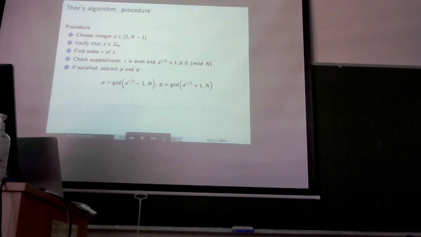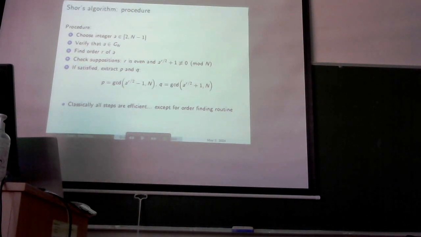However, one might wonder, why is this not efficient? Well, all the steps happen to be classically efficient except for the order finding part. And that is when we have to rely on quantum computing to find the solution. In particular, our goal is to find a quantum algorithm which helps us, given n and a particular element in the group a, to extract the order r, at least with a reasonable probability.